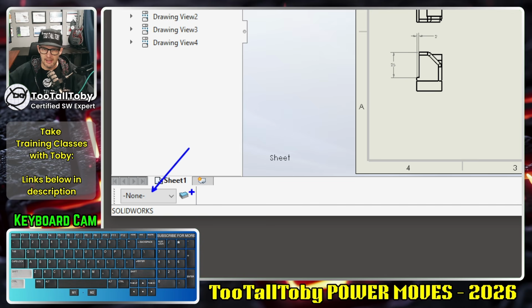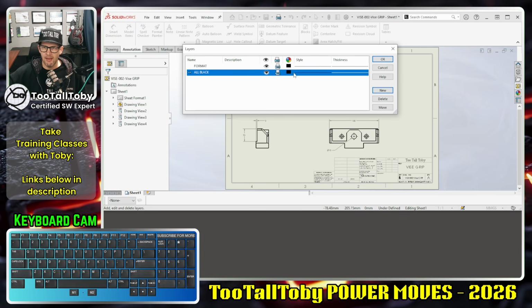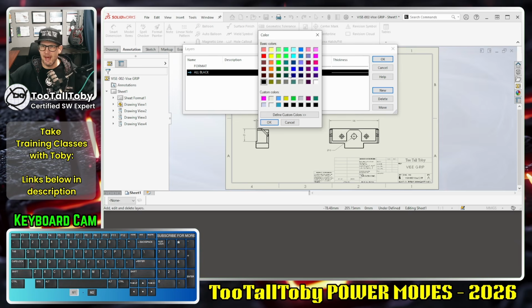So you see I've got this is the layer. We're currently on none, and then this is our layer manager button, and that's the button we're going to click on now. So you click on that layer manager button, and then you just make a new layer. You could call it something like all black or dimensions, or you can call it whatever you want. And then once you create that new layer, what you do is you set the color of the layer right here on this box. So I'll click on this box and set that to black,